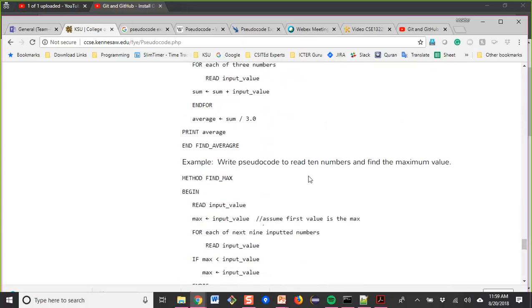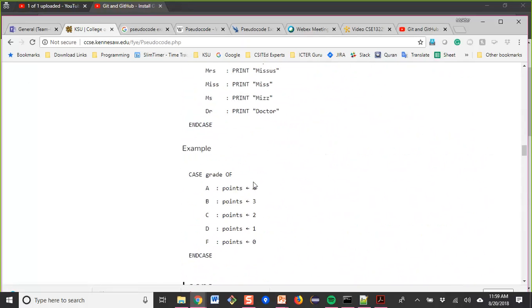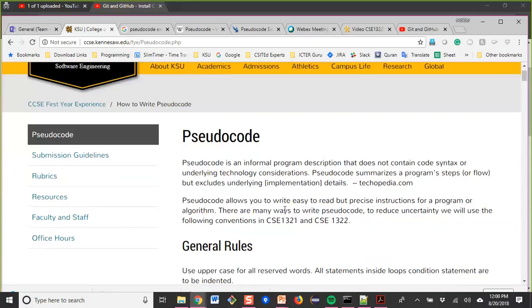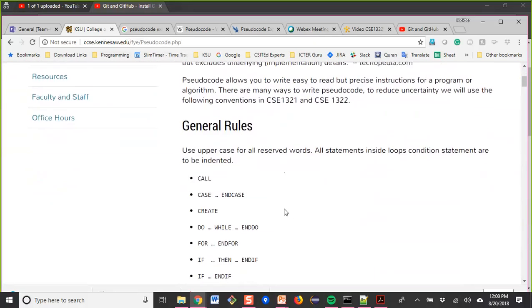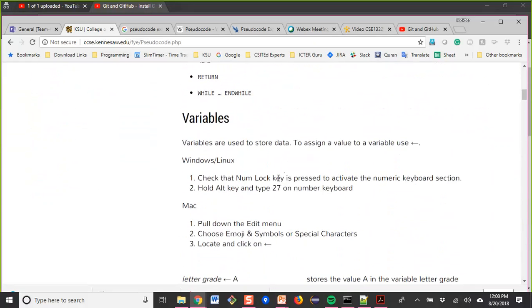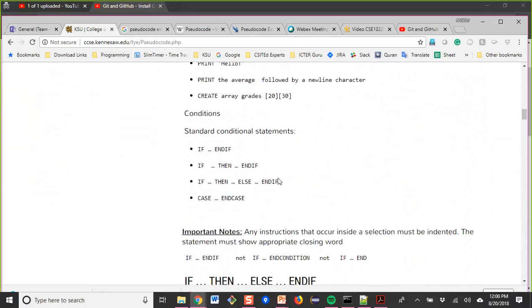So these are all about pseudocode. Please go through the pseudocode page on the Kansas State University first year experience website, and then you will see general rules and structures about how to write pseudocode and how to write good pseudocode.